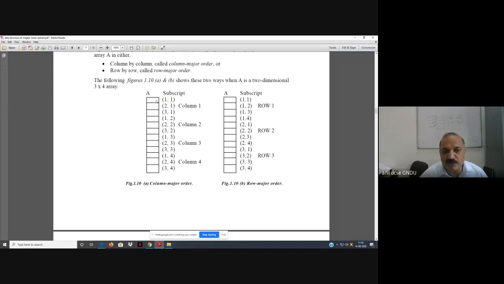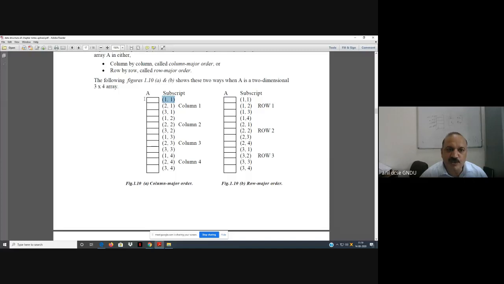How many bytes does an integer get? An integer gets 2 bytes to store. It means it will take these two locations to store element 1 1 in actual. So W is the number of memory words per element.